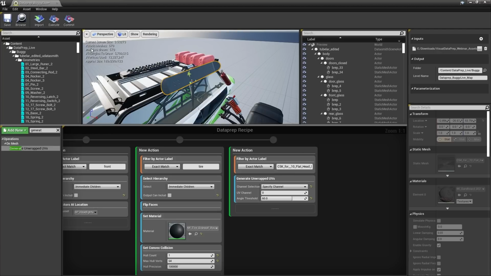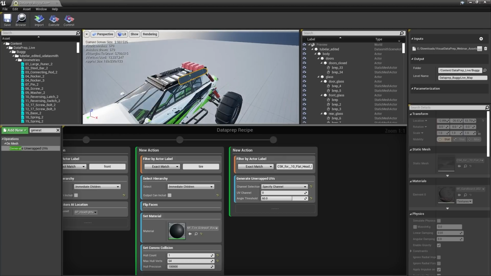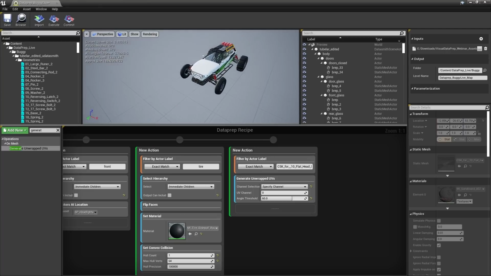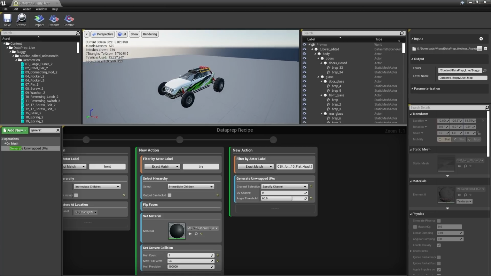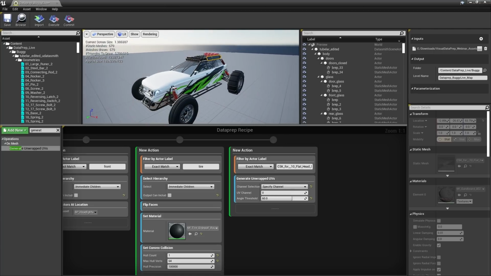First of all, if we look in the viewport here, we can see the number of static meshes is 670. And that means there will be at least 670 draw calls at runtime per frame, possibly more, because the amount of draw calls that it takes to render something is the number of meshes times the number of materials that each mesh has. So we want to bring this down significantly. And second of all, we're going to create LODs so that the mesh gets less complicated or less detailed as it gets further away from the screen. And this will help to optimize performance as well.